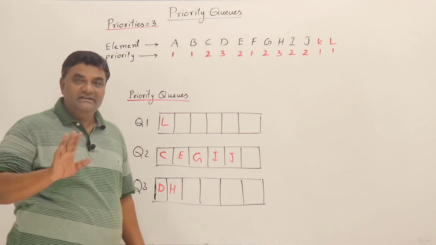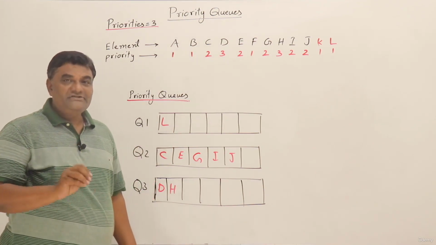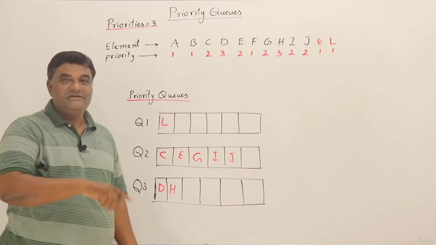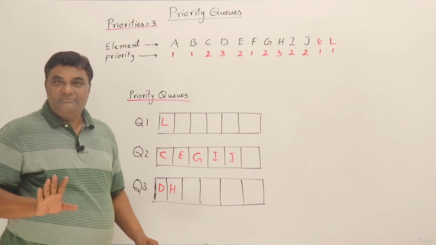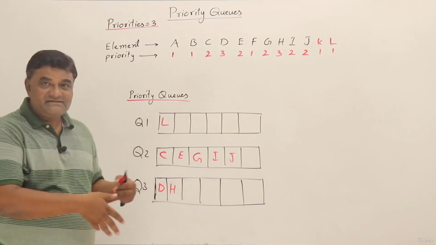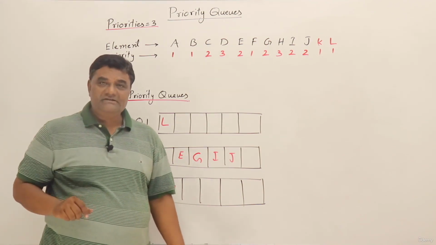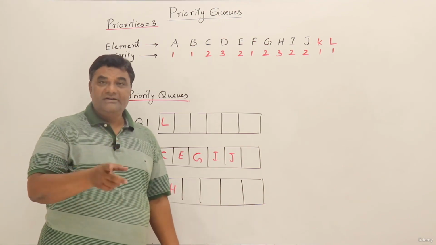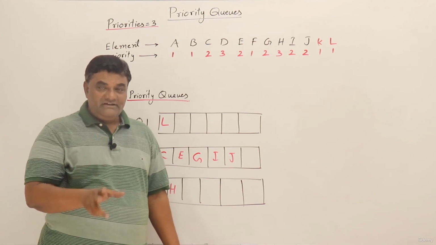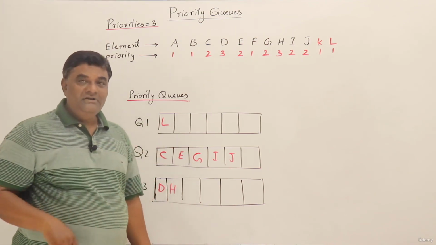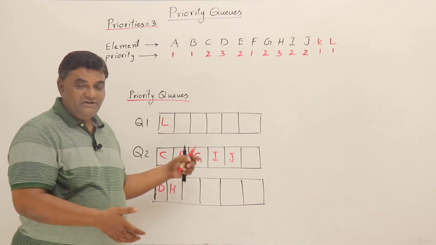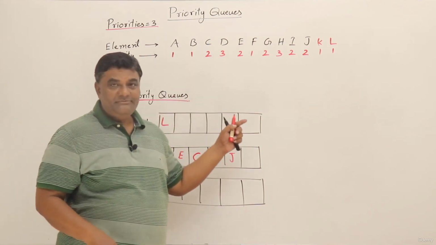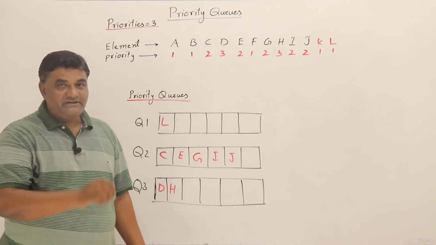So from this working I can say that deletion should be done always from the highest priority queue, and if it is empty, go to the next priority. If that is also empty, then go to the next priority. That's all about priority queues. Now more on this one, that is starvation and all, those are concepts of operating systems. So if you want to study further, you can study it. And you have to implement this one as a student exercise. So write the program which is having more than 1 queue, and each queue must have a priority, and take the elements along with the priorities and insert them. So this is a student exercise.